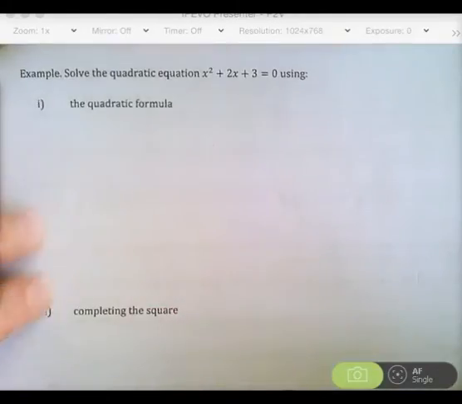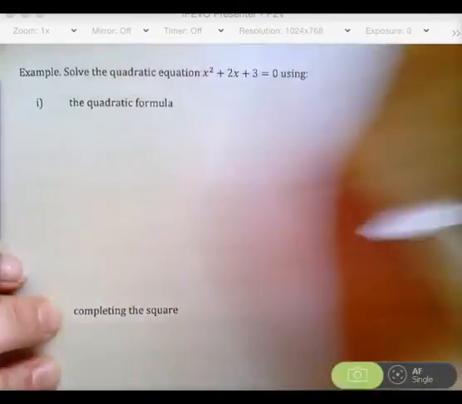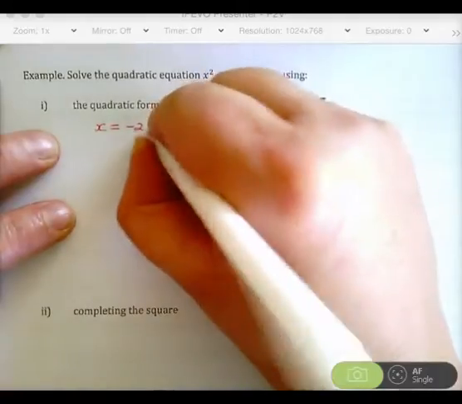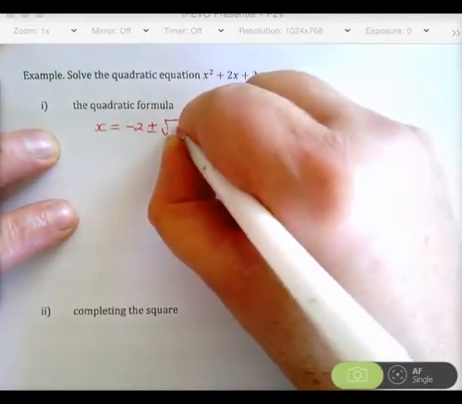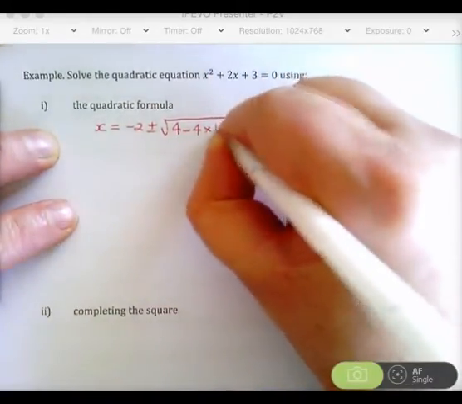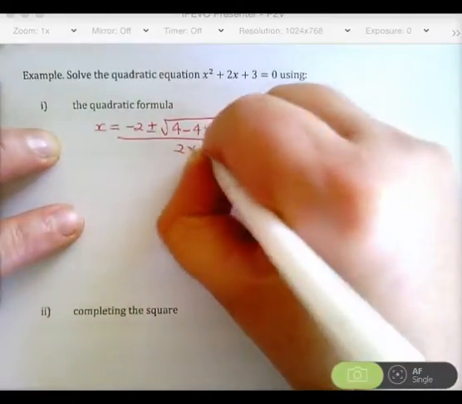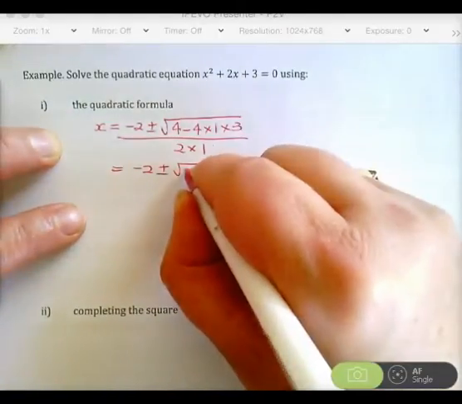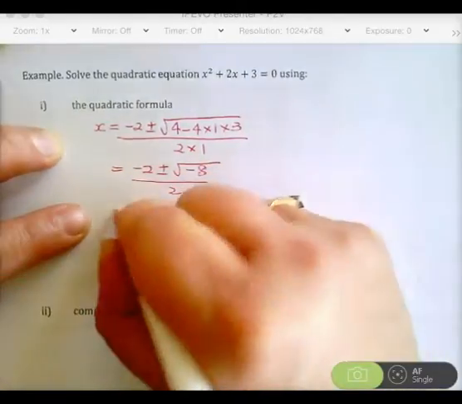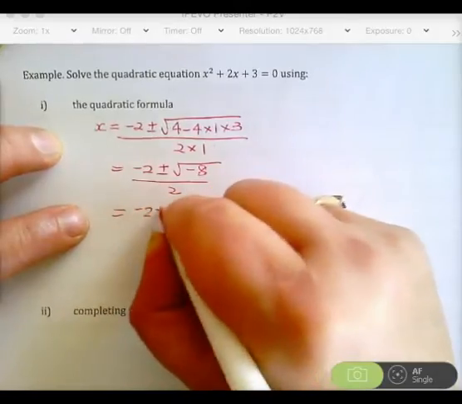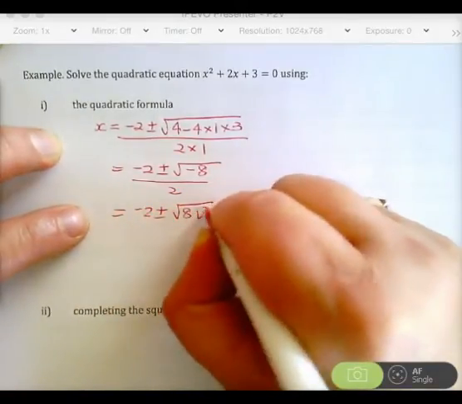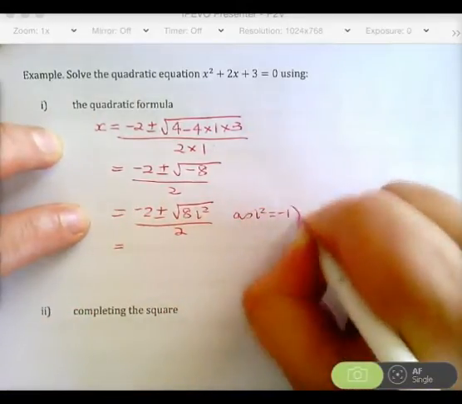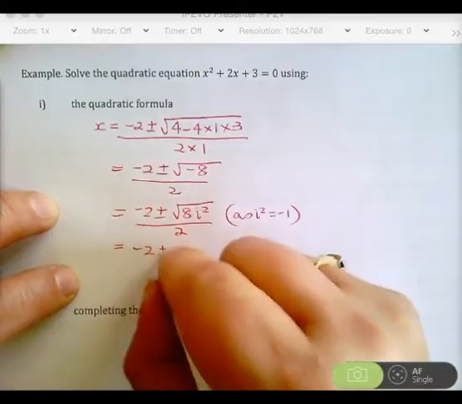Okay? To solve these equations using the quadratic formula and completing the square. So we've got x is -b plus or minus the square root of b squared, which is 4, minus 4 times 1 times 3 over 2 times 1. So it's -2 plus or minus the square root of 4 minus 12 is -8 over 2, which is -2 plus or minus the square root of 8i squared over 2, as i squared is -1, which is -2 plus or minus